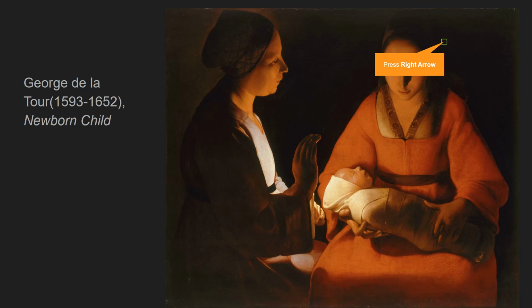Again here, another example from the textbook, if we look at this artwork, where is the lightest value? What would we say the light source is in the image? Well, if we look carefully, the light source you would say is almost coming from the child's head, but it's actually a candle if you look carefully behind the woman's hand. She's using her hand like a reflector to project light onto the baby,